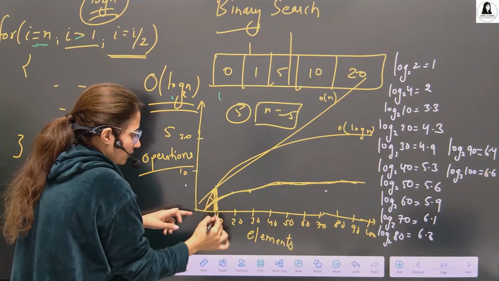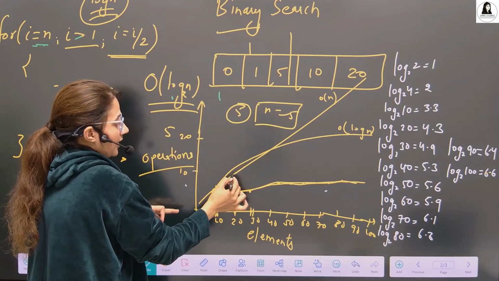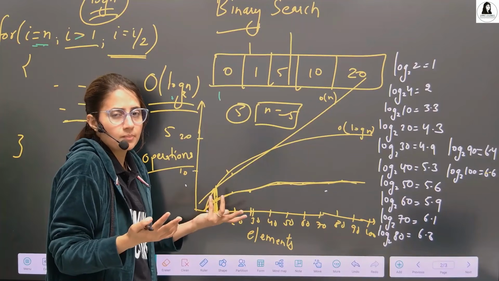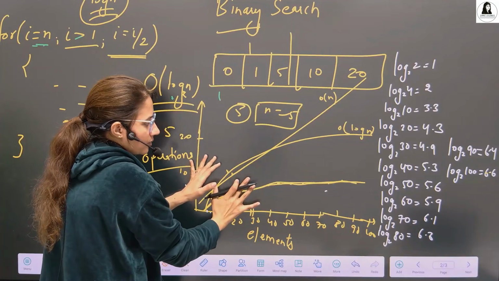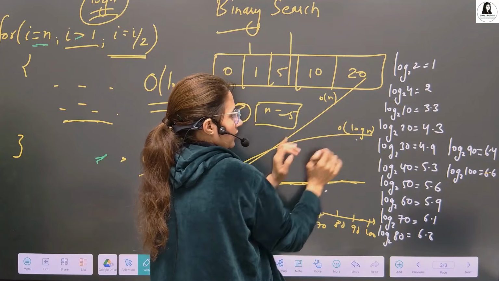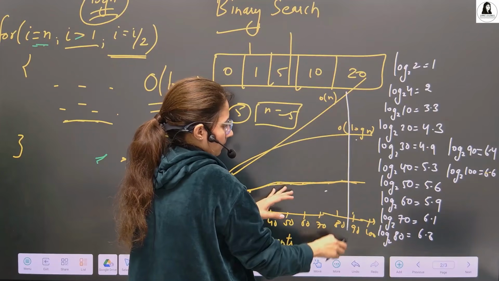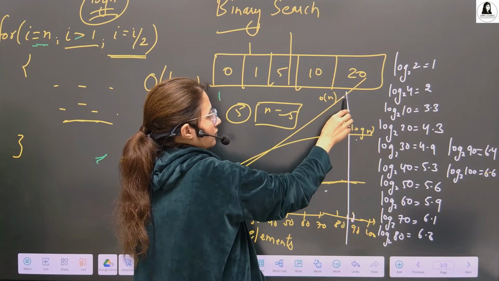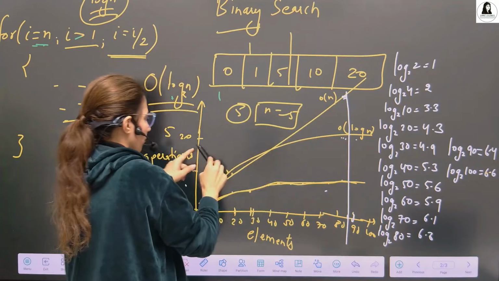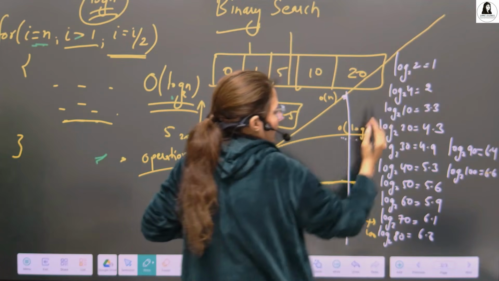So maybe in starting for this data, this linear is having less time and this is having more time. Maybe a case. But we don't consider smaller data. We consider larger data. Once you go here, suppose the log n is this and you have fixed the input size here, 90. So see the difference. This is taking more time. This is having the number of operations less, here more. And this gap will increase if the size increases.